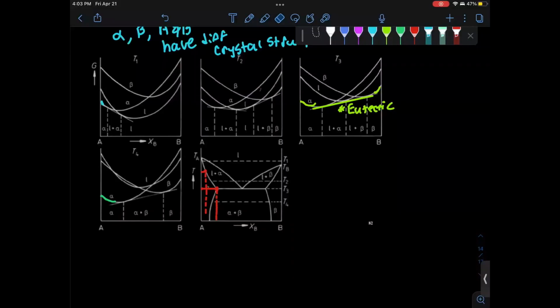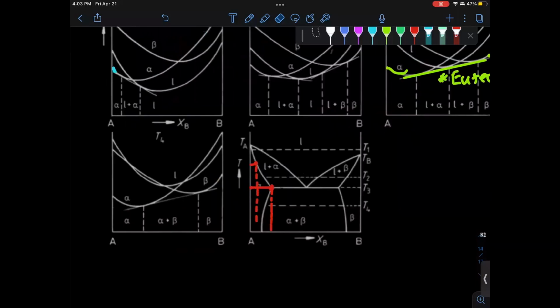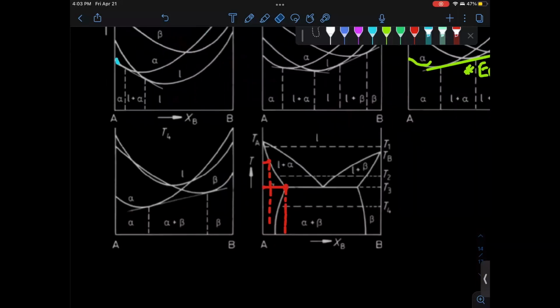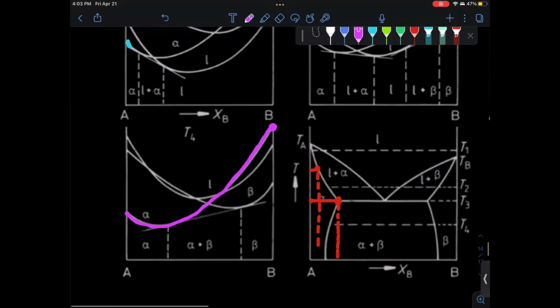Before we end, I want to go back to this graph and just make note of one special thing here. We see that the alpha curve here is going to go up, up, up, and when it reaches all of B, it is up here. Now, what does this value mean? This value, we know A and B have different crystal structures because we have different alpha and beta curves. This point here is the Gibbs free energy of mixing,